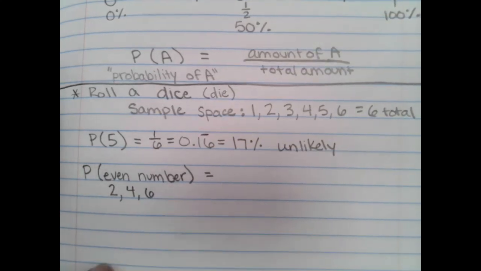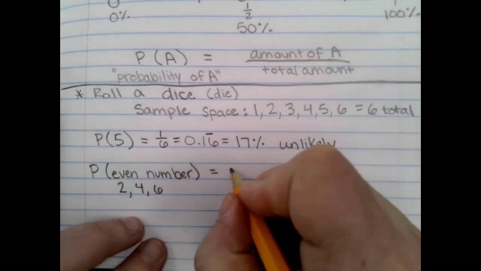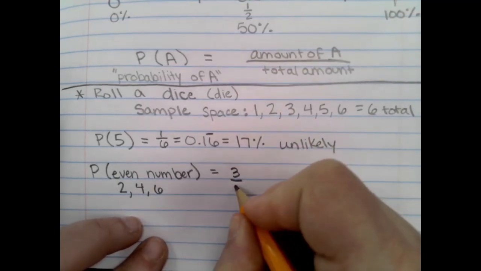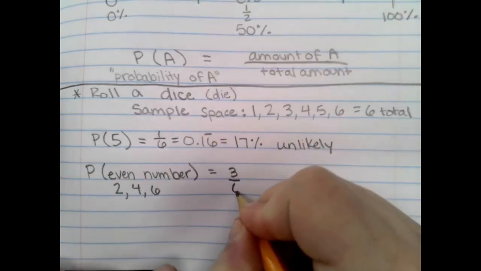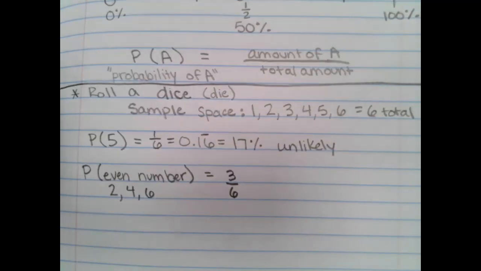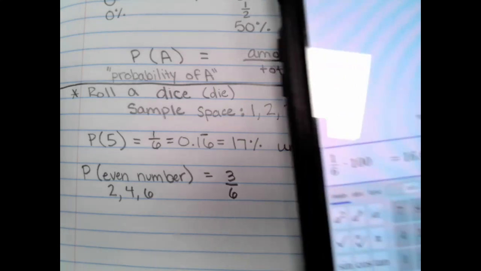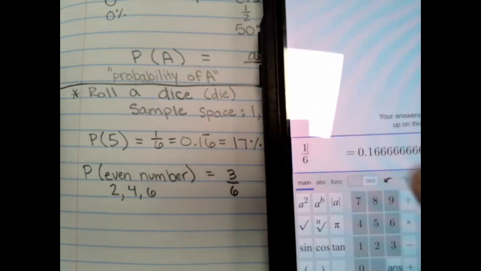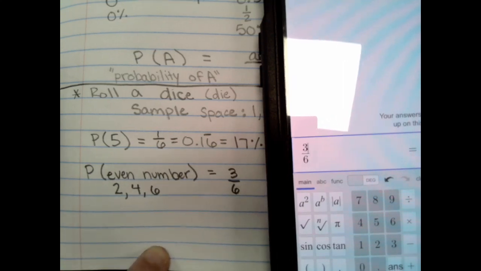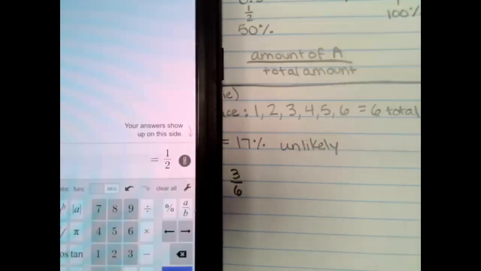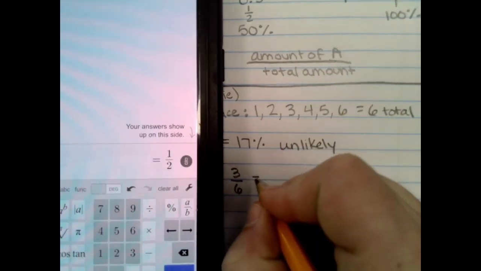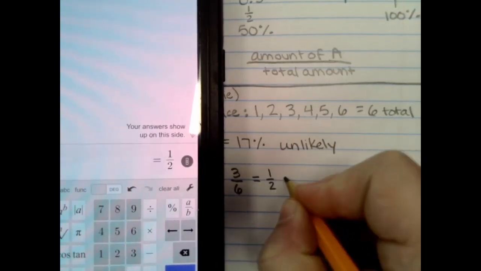So how many even numbers do we have? 3. Out of how many total? 3. On the dice. Oh, on the dice, my bad. 6 options, good. So our probability would be 3 out of 6. Okay, but we do want to simplify that if we can. Does anyone know how we can simplify 3 out of 6? Going to Desmos. Yep, 1/2. You can go into Desmos, type it in, and then hit that little circle button. It's a 50 chance because technically it's 6 and then you just take a 3 out.